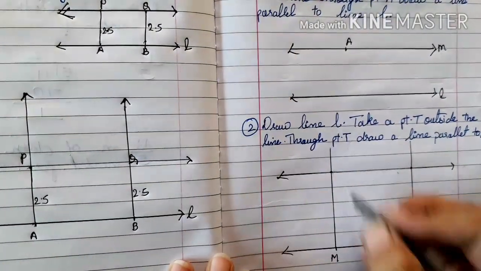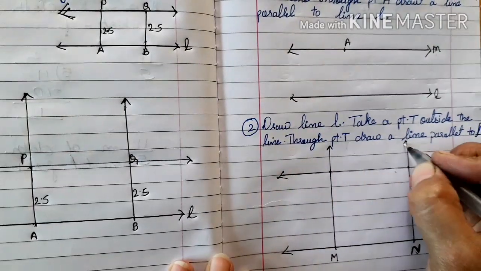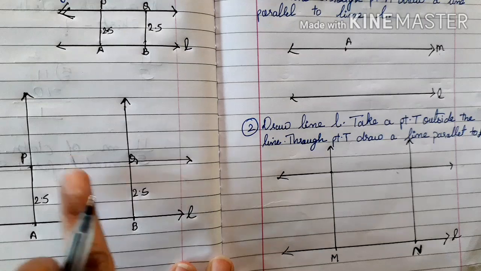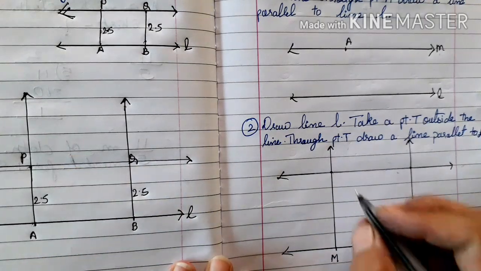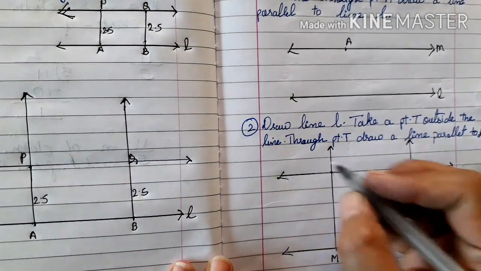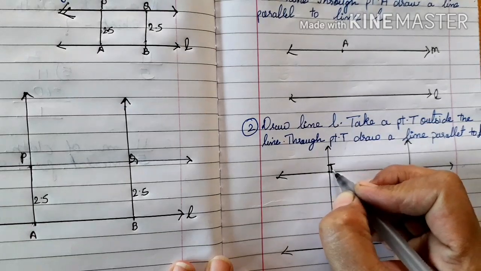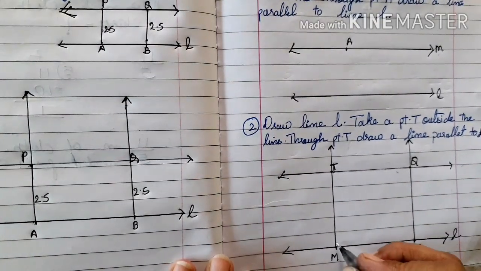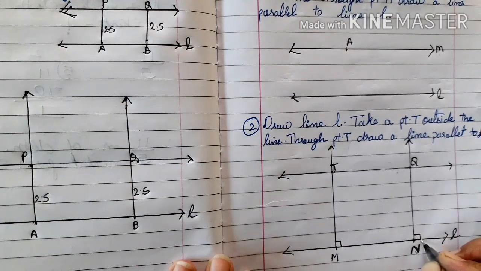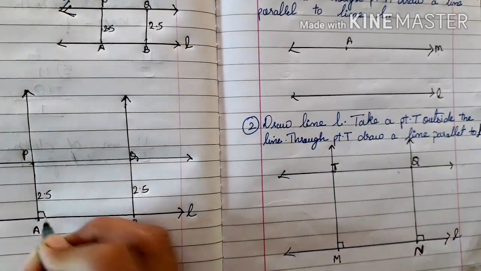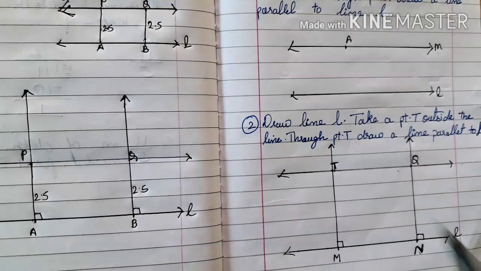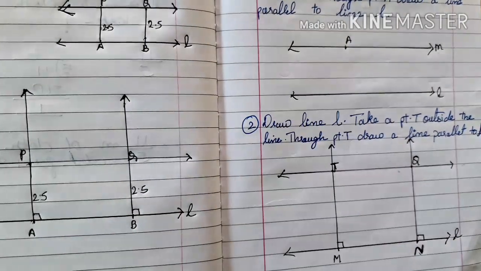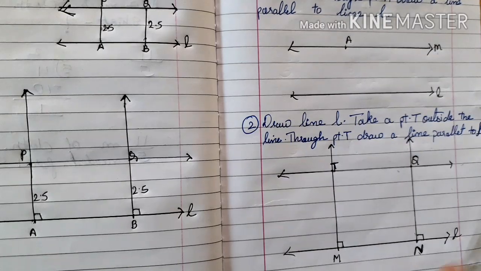Got it? So no measurements were given, so no need to write the measurements, but you have to draw the figure exactly in this way. So name it, we haven't named it, so we can name it point T and point Q. Got it? And this you have to mark as 90 degree. I forgot to mention it over here. We have to show 90 degree because we are using a 90 degree set square. That is why we have to mark the 90 degree angle.